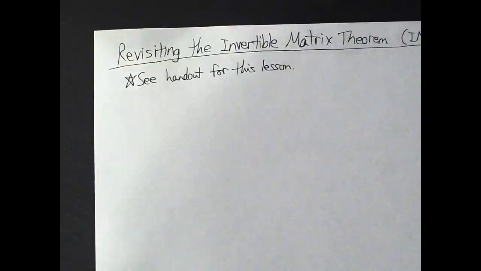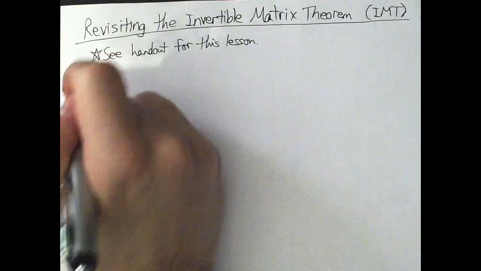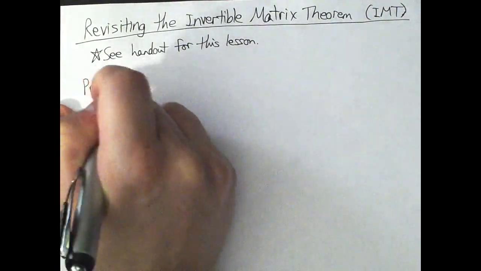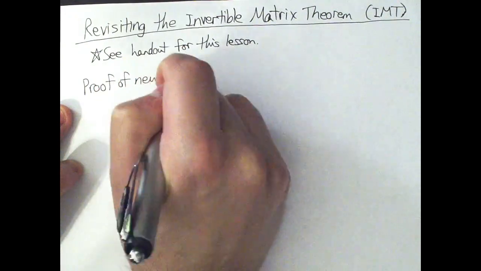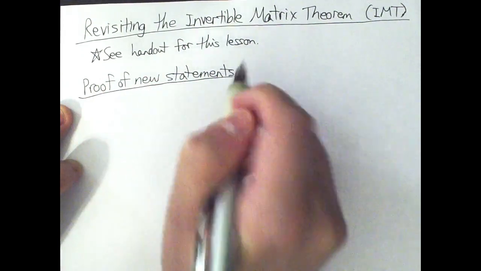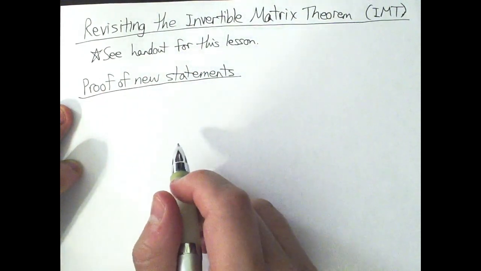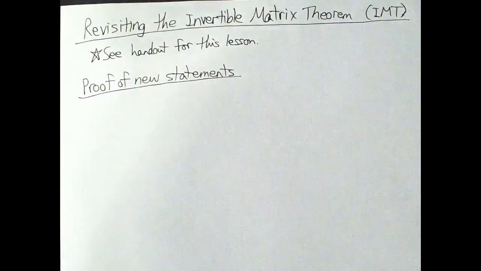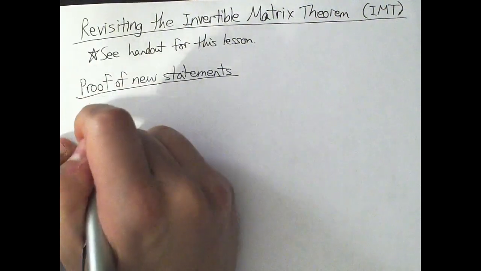Let's zoom out again. Can we prove these? Do you think it's easy to prove these ones? I think it's easy to prove these ones. So let's do a proof of the new statements so that they can get absorbed into this theorem. Proof of new statements. You might even say some of the statements are so similar that it seems like they shouldn't even be separate statements, but that's okay. We need to loop this in with the old statements, right? In order to show that this actually gets tied in, somehow it needs to get connected. But let's start with